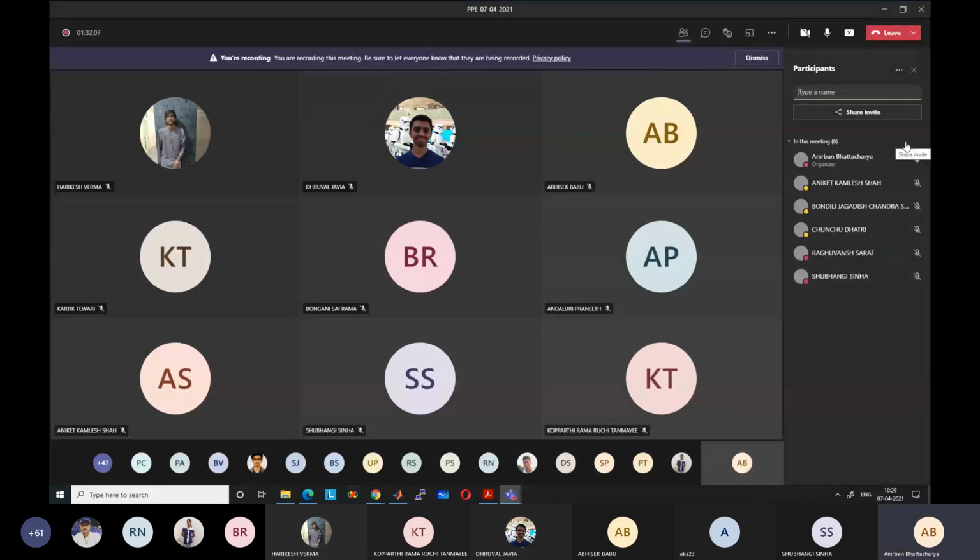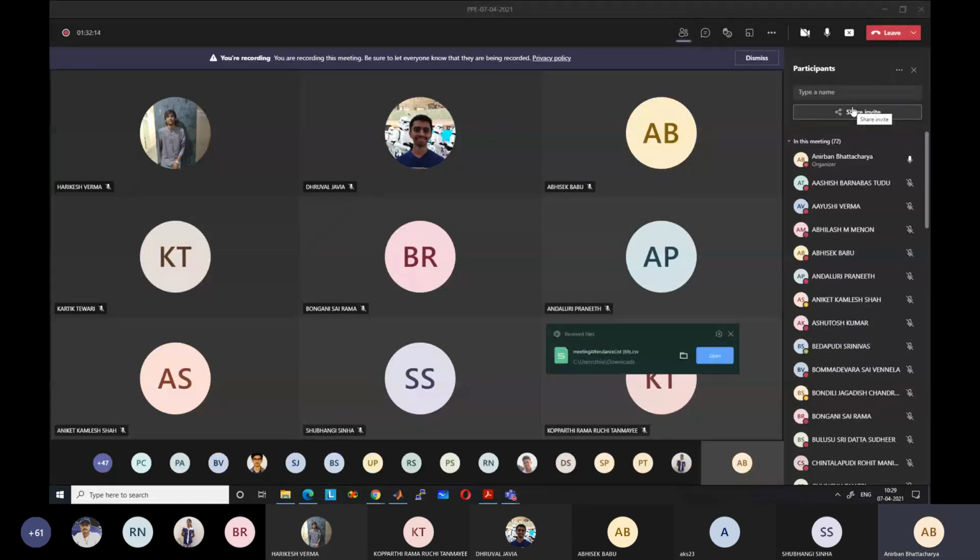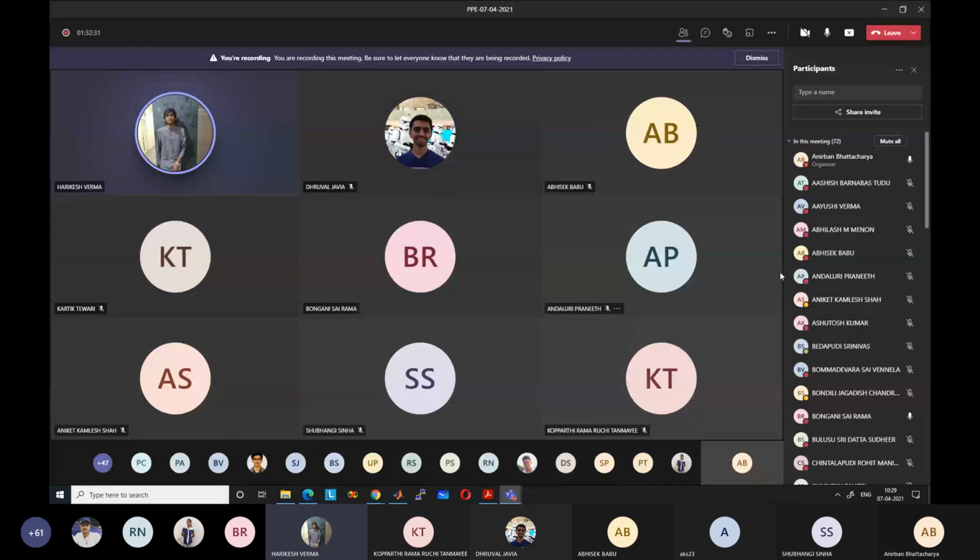So the project list that has been circulated to you, is that the final list, or is there any chance of it getting changed? Does anyone know? What did Dr. Venugopal say? Some people are having some problems, so it might be changed for some people only. Okay, so there may be a change. What sort of problem is there? Some names are not present.